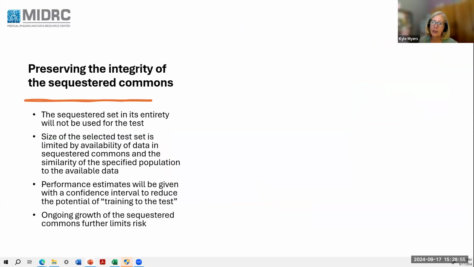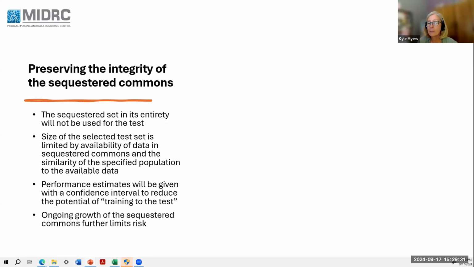Second, it's understood on top of that that the size of the selected test set is going to be limited by the availability of the data in the sequestered commons and the similarity between the specific population that is intended to be the target for the algorithm and the available data in our data set. We also intend to provide performance estimates with a confidence interval, a little bit of jitter. You know, the performance assessment is somewhere in this small range